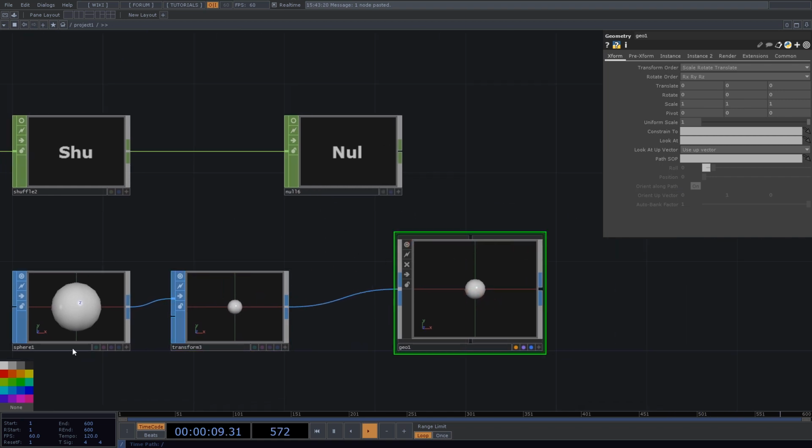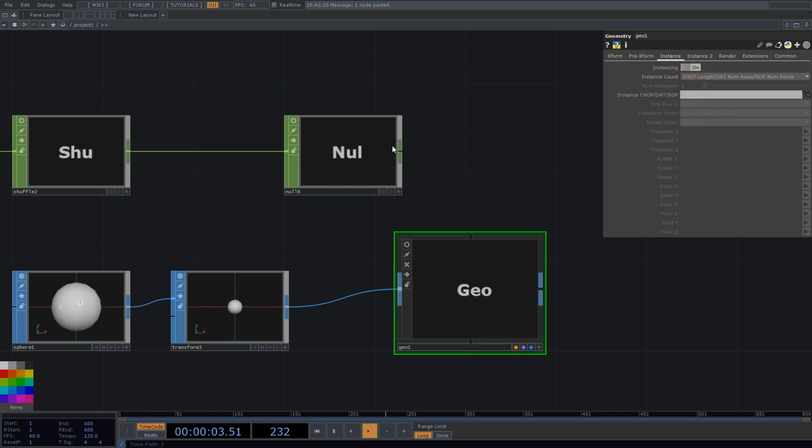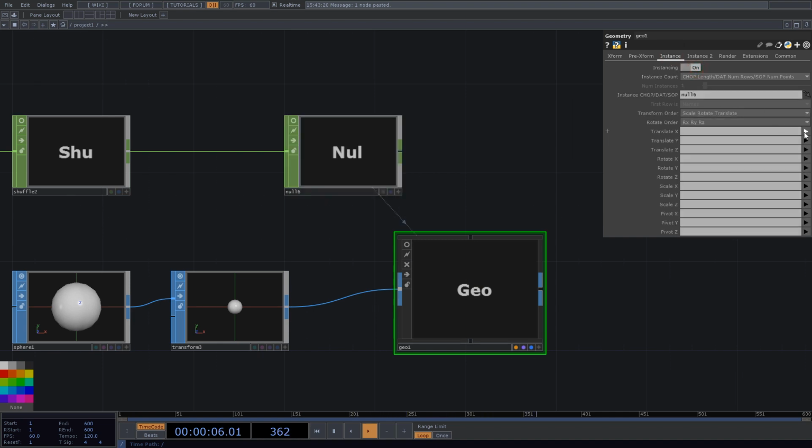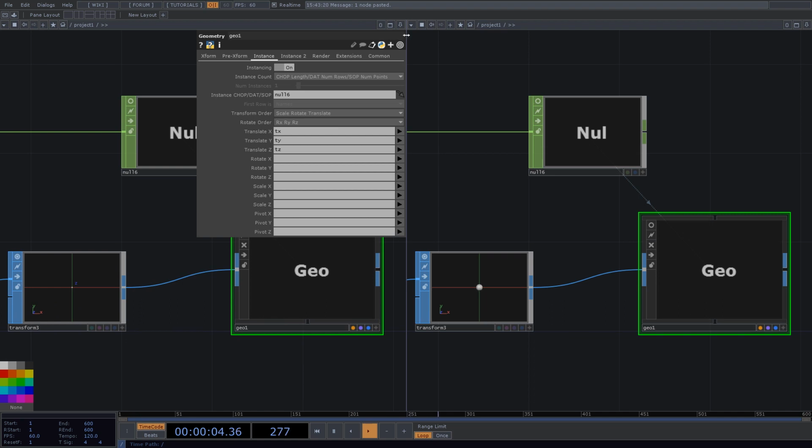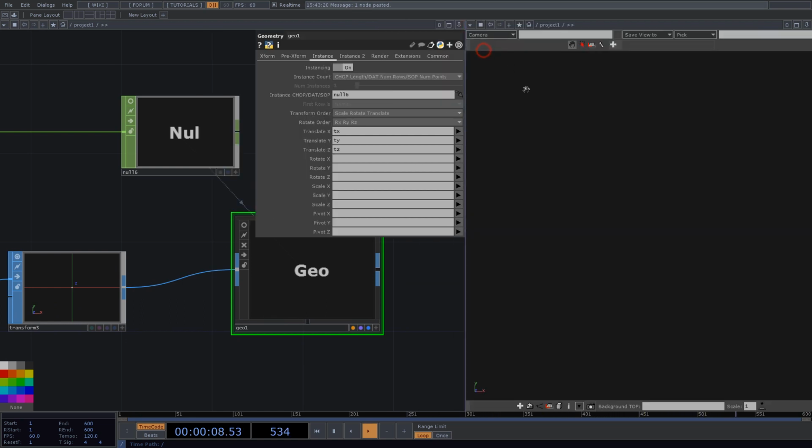Okay, and I'll take this chop, and now I have tx, ty, tz. Let's see a little bit bigger what we have now. So geometry viewer. Okay, so I have this,